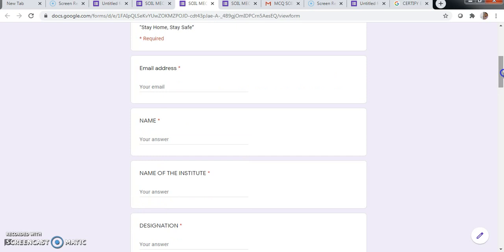You can give the email address, jaya.annai at gmail.com. Then the name, so you can type your name, Jayaraj. Institution, TKR Engineering College.